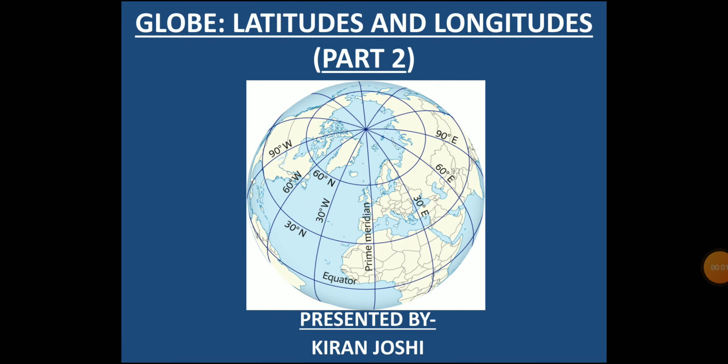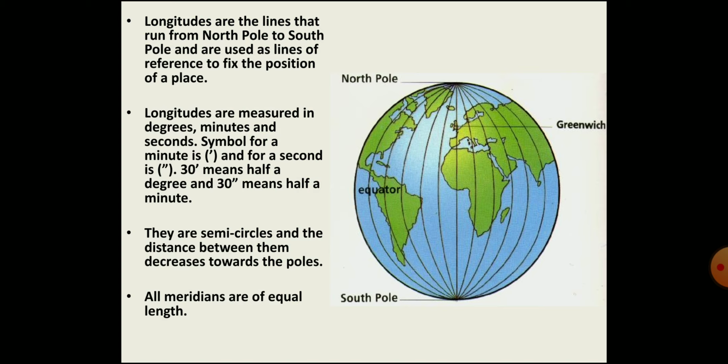Welcome you all to class 6 Geography, chapter 2: Globe, Latitudes and Longitudes. Here I am presenting the second video of the chapter. In the first video, we learnt about the important parallels of latitudes and the heat zones of the earth. Children, we learnt that parallels of latitudes help us in locating a place. But children, there may lie many places on the same latitude.